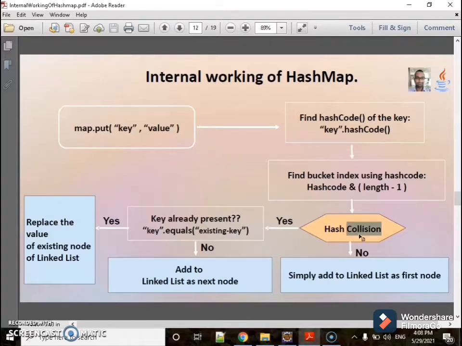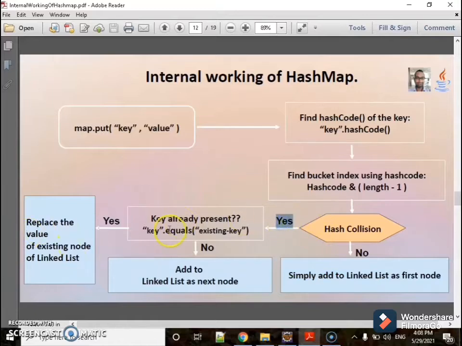If entries are already available in that bucket index, then that is a hash collision. If the entries are not available, then it is not a hash collision. In that case, it directly adds the node as the first entry to the linked list.